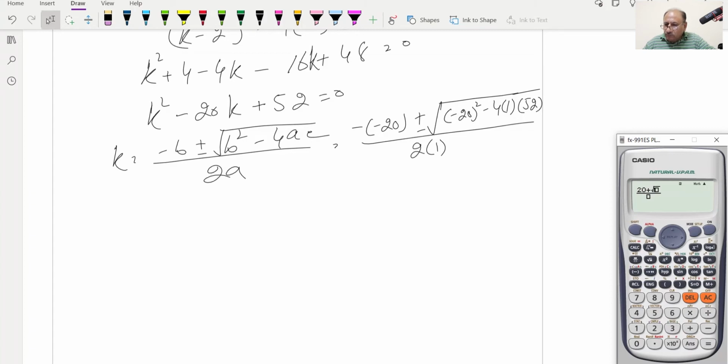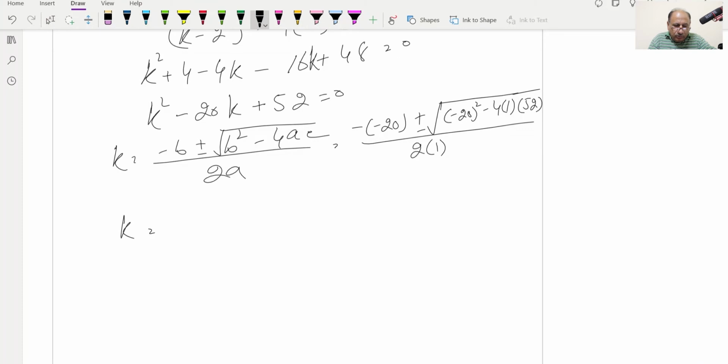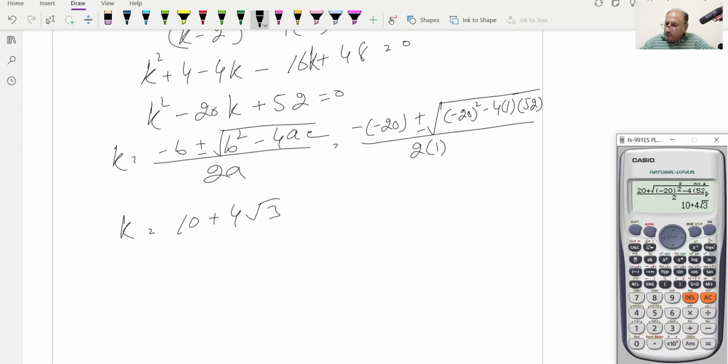So the square root of minus 20 squared, with minus 20 inside the brackets, minus 4 into 52, in brackets, over 2, and this will be equal to 10 plus 4 root 3. So the k value will be 10 plus 4 root 3,